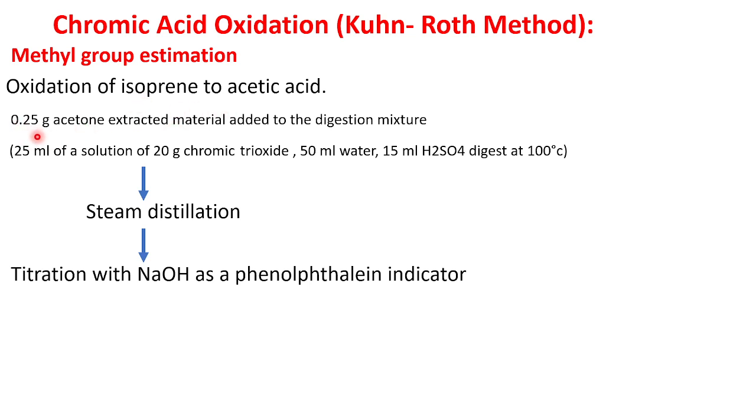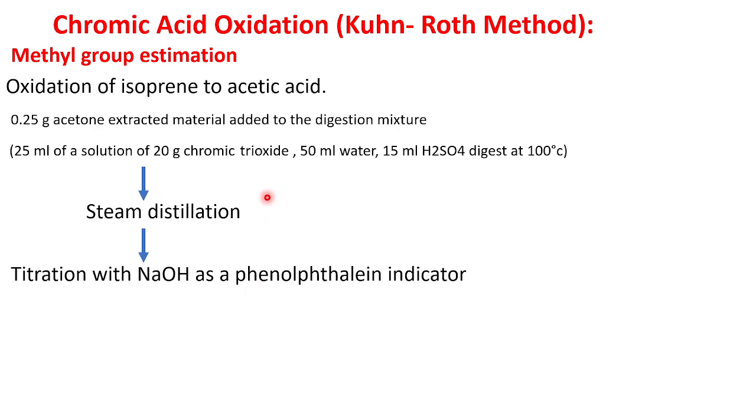First you take 0.25 gram of acetone extracted material and add it to the digestion mixture. The digestion mixture is a mixture of 25 ml of a solution of 20 gram chromic trioxide, 50 ml water, and 15 ml concentrated H2SO4, and it is started at 100 degree centigrade. After that, steam distillation, and with the distilled part you go for titration with NaOH. If the oxidation happened successfully, in the presence of NaOH and phenolphthalein indicator, a color change will be observed,